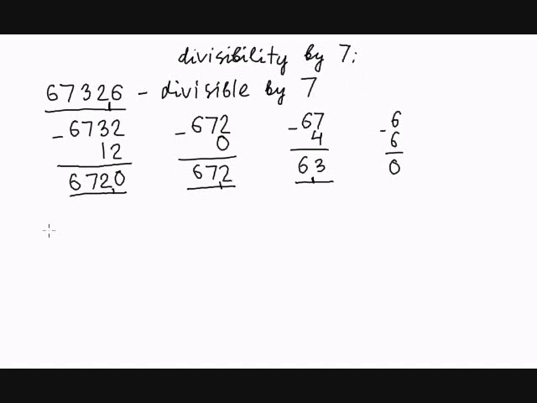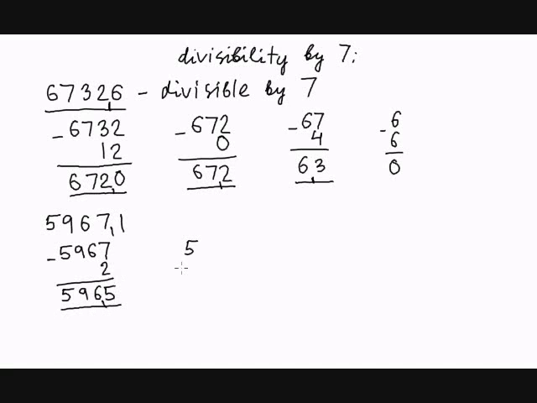Okay, let's do another one. For example, we have 59,671. Well, again, let's split this number into two, so we have to subtract twice the last digit from the rest of the number, so it's 5967 minus 2, which gives us 5965. Not sure yet, so we're going to split